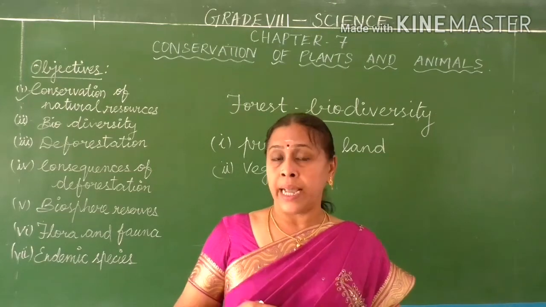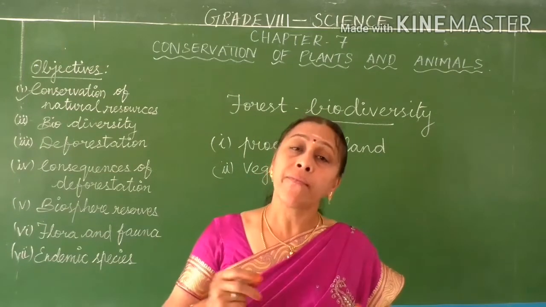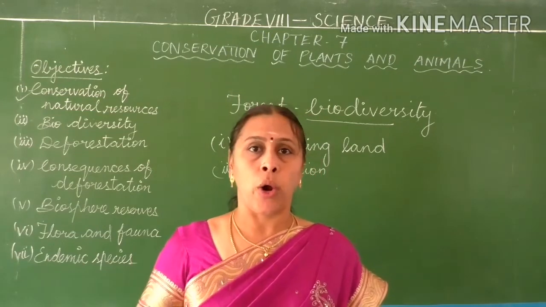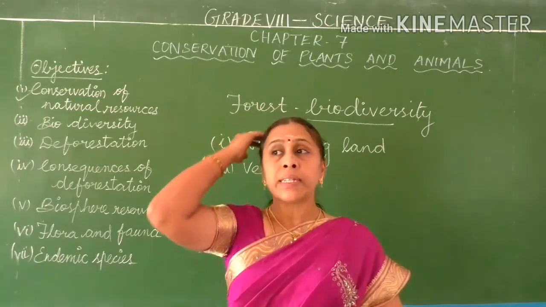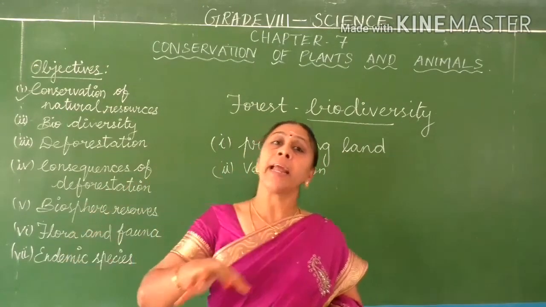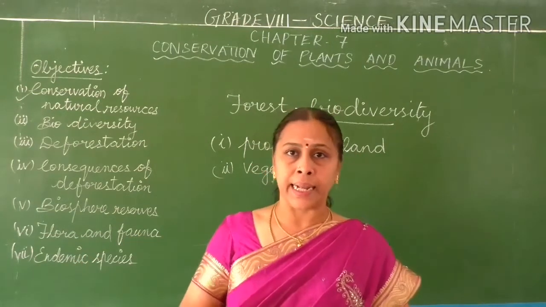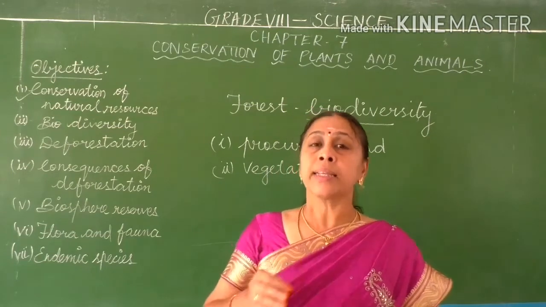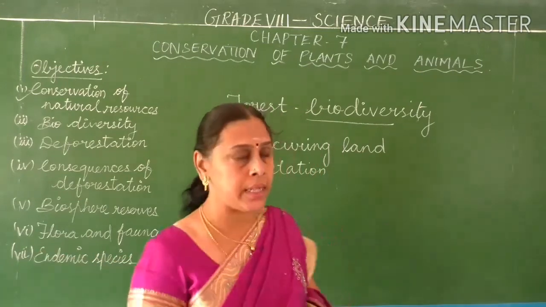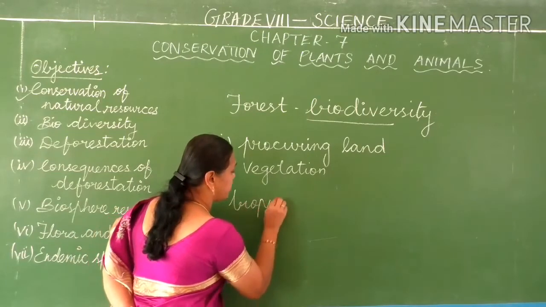So this biodiversity should be maintained for a good life, for a good environment, or else everything will get destroyed. Biodiversity means variety of living organisms found in an environment, including animals and plants. And India is one of the countries having diverse biodiversity, from tropical rainforest